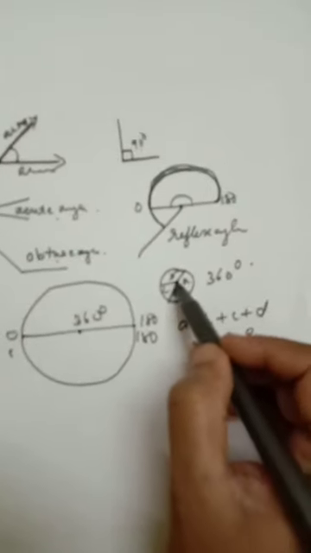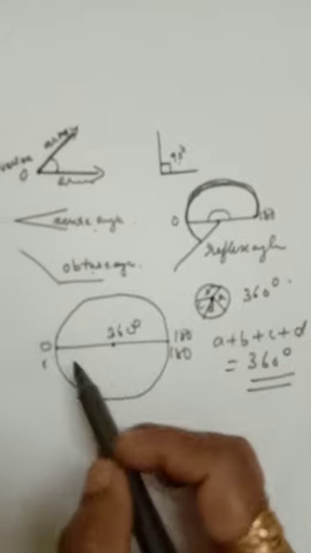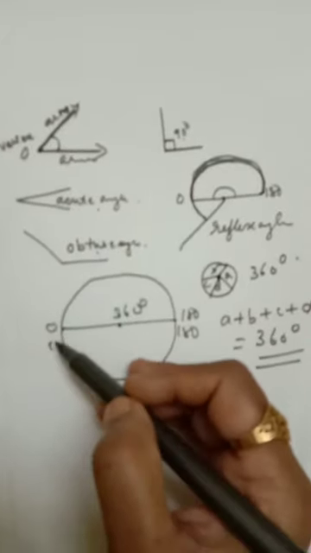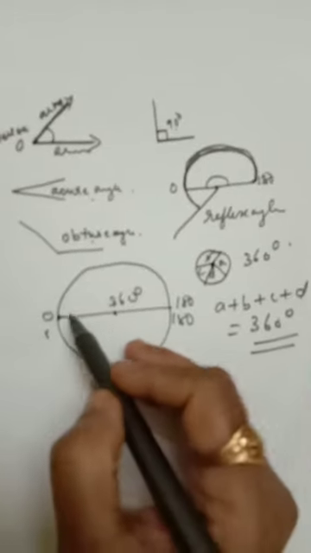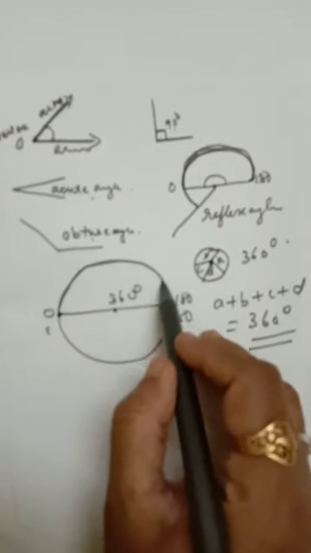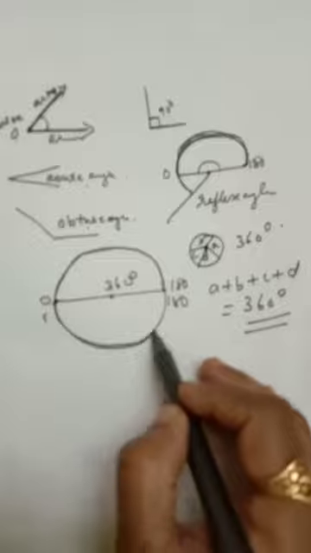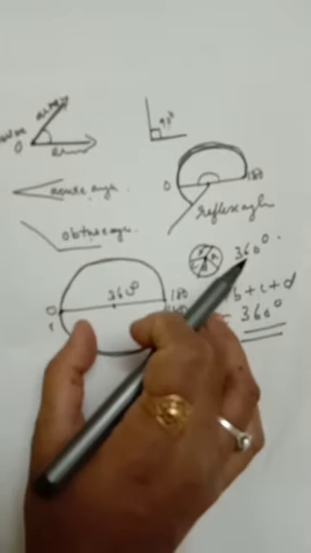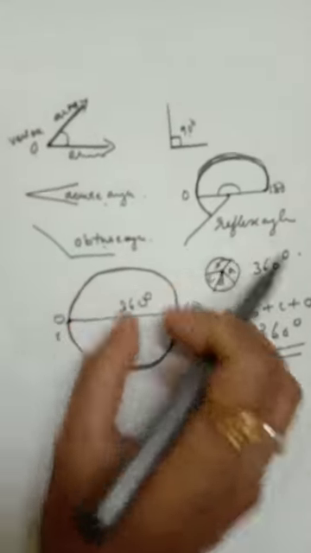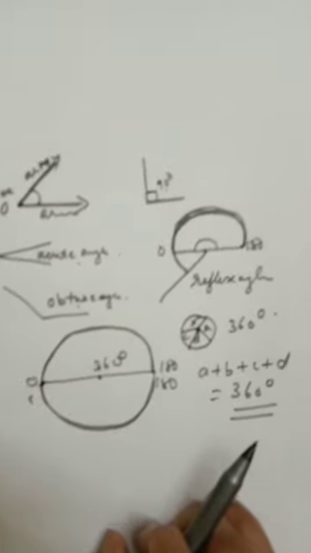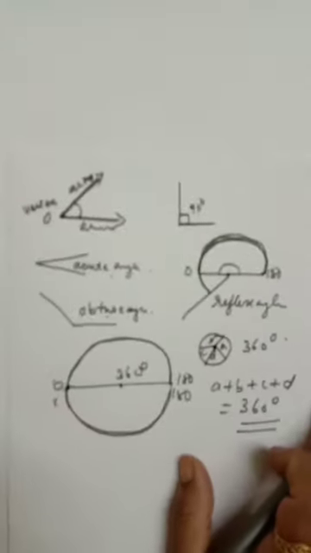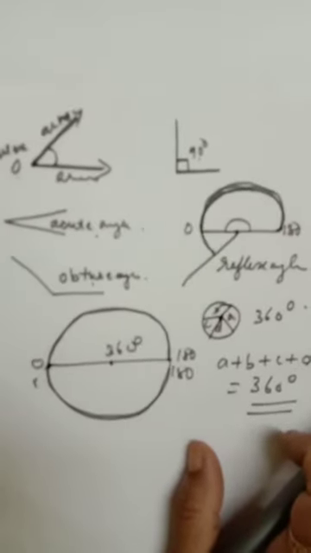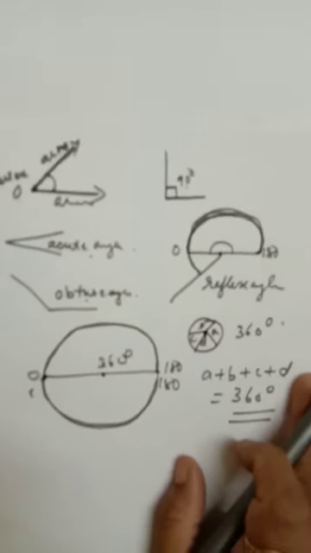Angle around a point. Otherwise, if you want practical knowledge, you see the protractor, you put it like this, two protractors. So you know one protractor is 180, this also 180, 180 plus 180, 360 degrees. That you know very well about this concept. Okay, study well. You already studied this in 6th class.